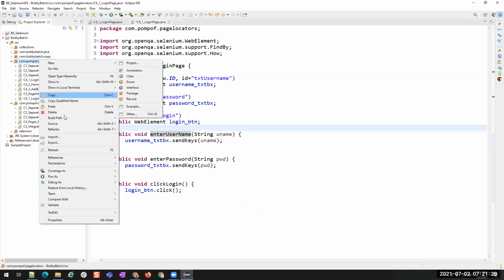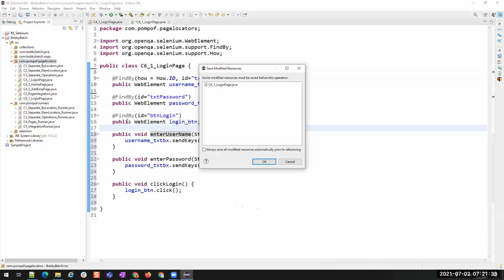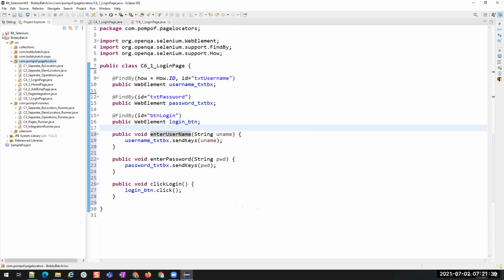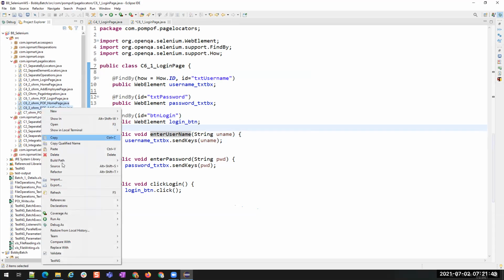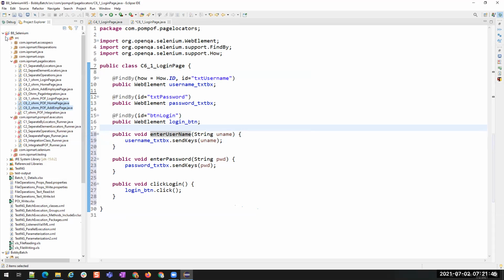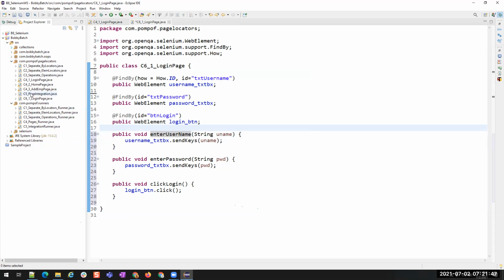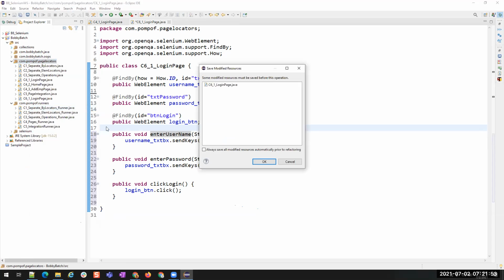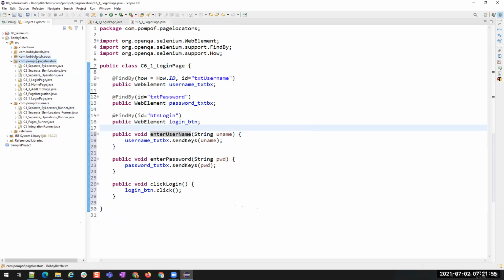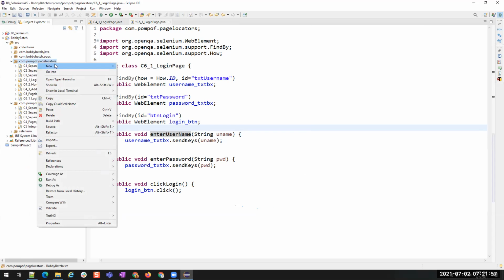Paste. Okay, I'll create two classes and then copy the content of it.